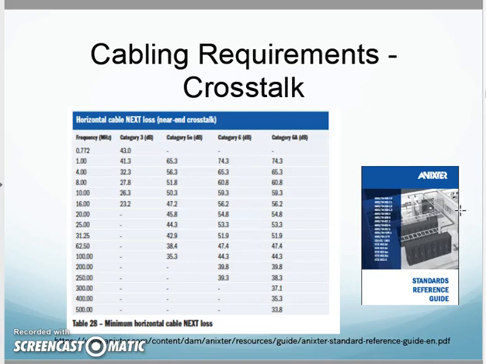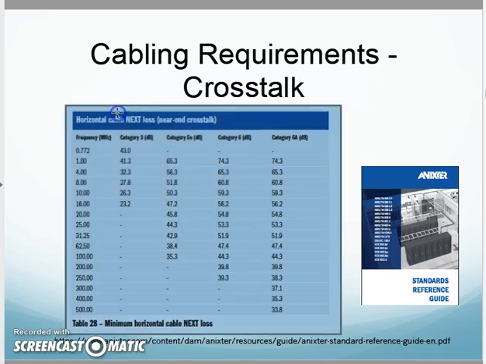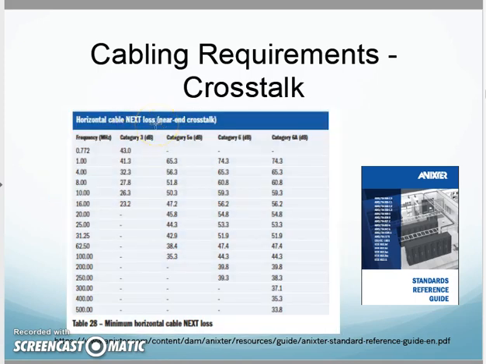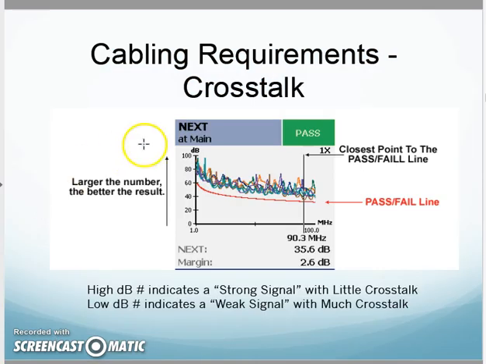There is, as you can imagine, when I look in the standard, there's limits on how much crosstalk is acceptable. Okay, here is a horizontal cable near-end crosstalk. Instead of just near and far, I should say just crosstalk, here's a near-end crosstalk value. And this says, okay, for category blah, at signal level blah, this is the amount of allowable crosstalk. Okay, well, real quickly, if you look at it, it says minimum horizontal cable near-end crosstalk loss. Well, let's take a step further. I actually put in here a sample test result, and the pass-fail line is down here, and my signal level should be up here. What it amounts to is, and they even tell you here, a larger number is better,